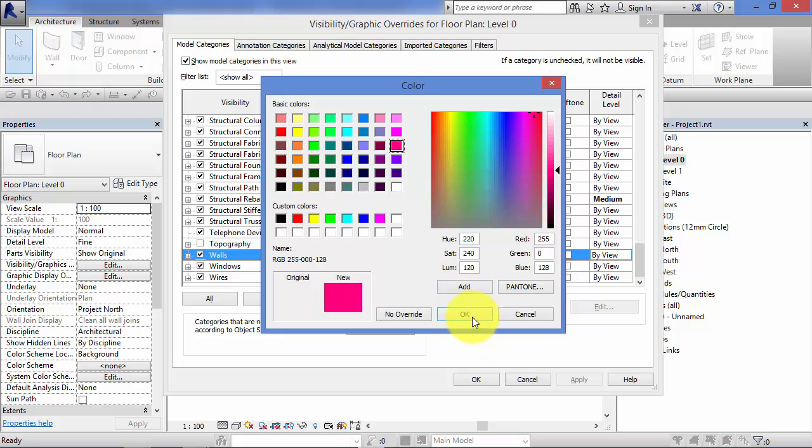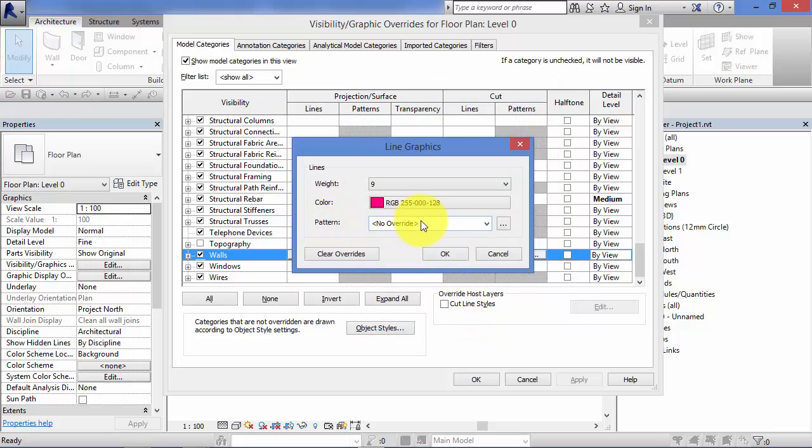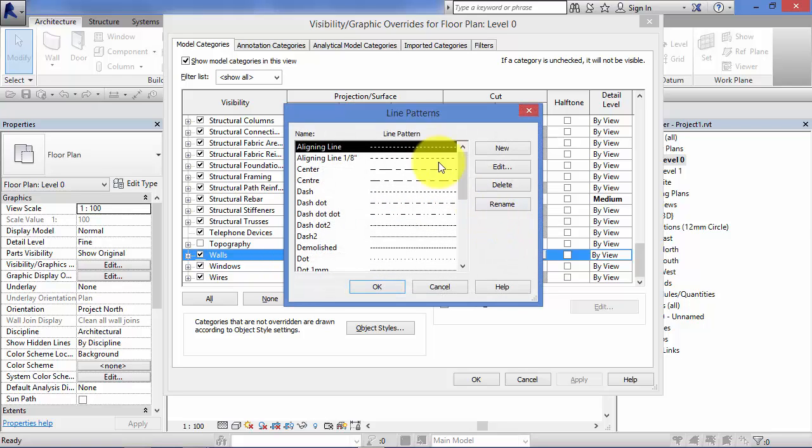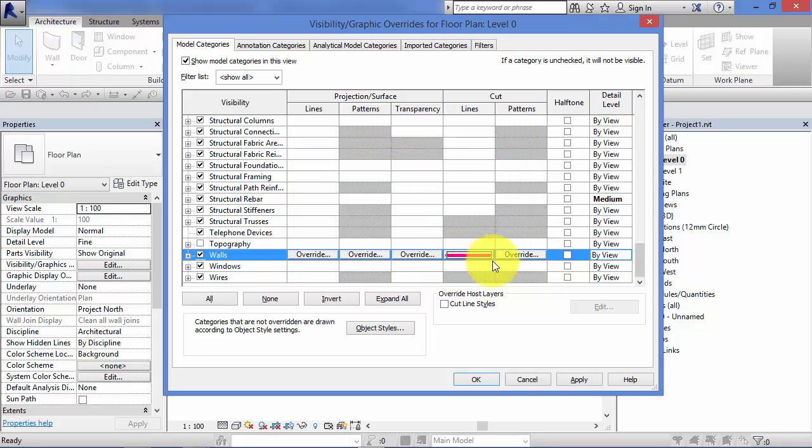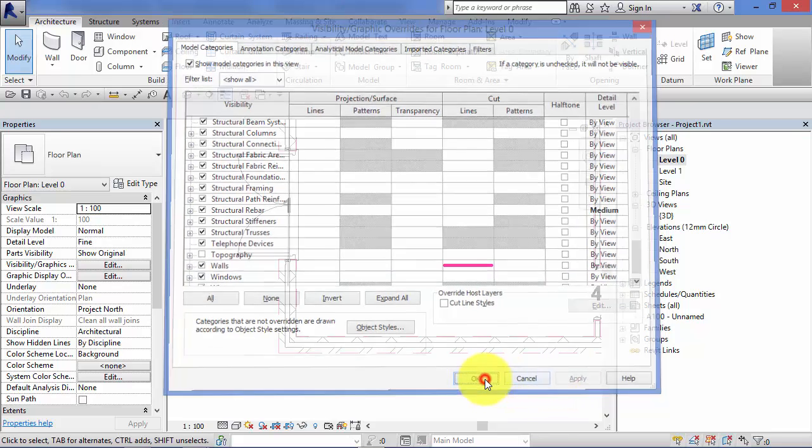Nice pinkish red. I won't apply a different pattern, so this is going to be the pattern that's set by default, but just to show you, you do have access to any other type of line pattern. Hit OK. Let's go ahead and hit OK on this box. There's a little symbol or graphic of the override that's been applied. Now, just to clarify again, we've set an override to lines that are cut through on the wall category in this particular view. If I hit apply, hit OK,